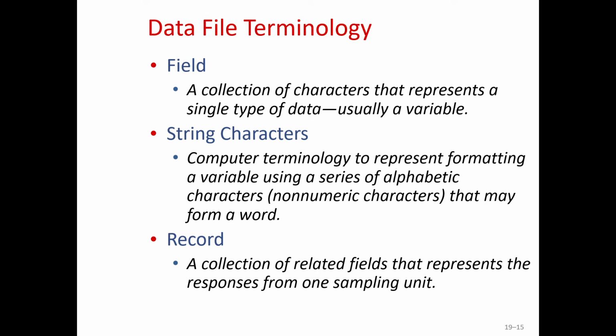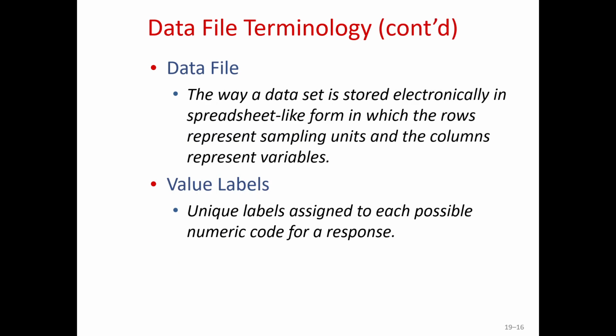A record is a collection of related fields. A record was the way a single complete computer card was represented. Researchers may use the term record to refer to one respondent's data. Generally, a record forms the row of a data set. A data file is a collection of related records that make up a set. Value labels are extremely useful and allow a word or short phrase to be associated with a numeric code.